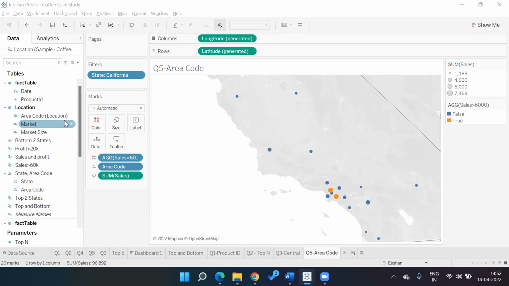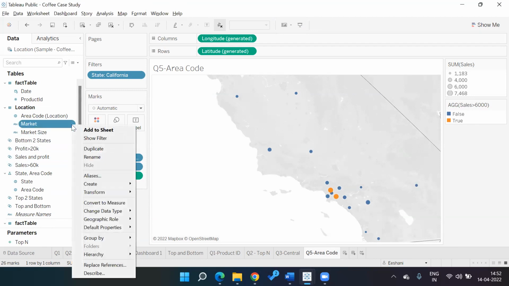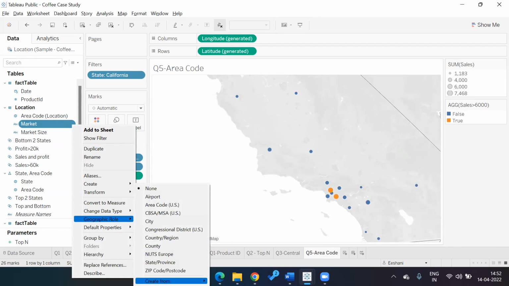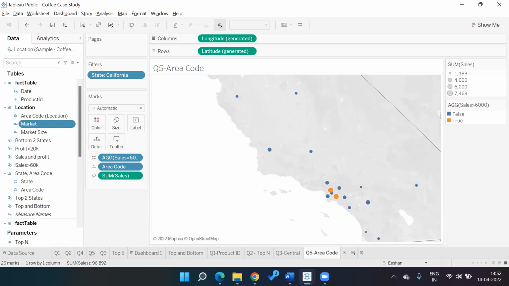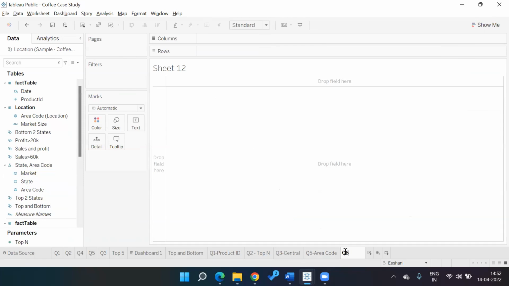How do we change the data? Do you guys remember? Geographical roles, and create from. And what should I create it from? Area code or state? State. So once I convert it into state, automatically it goes into it. The market, state, and area code. Correct? Now if I had to plot question 6,